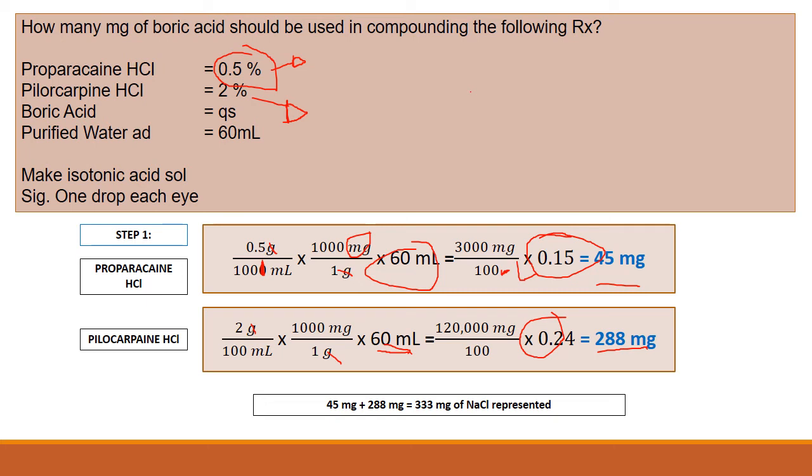0.5 over 100, right? You can separate this as 0.5 to 100. Okay, since it is a percentage, it can be weight per volume. The concentration can be weight per volume. So it should be 0.5 over 100. So the percent can be expressed as 0.5 grams over 100 mL in weight per volume. Since you are given there 1,000